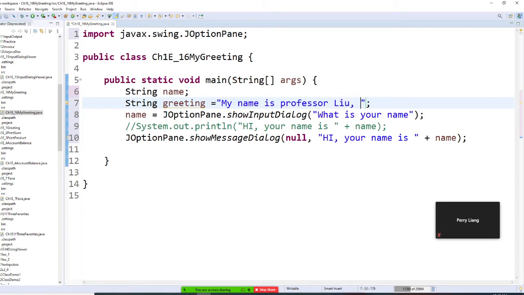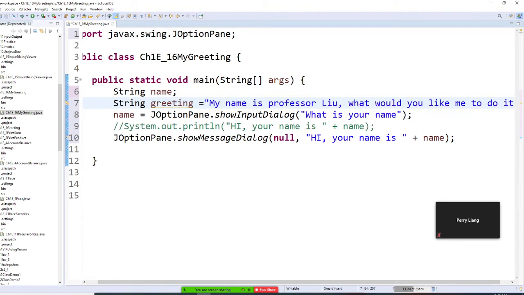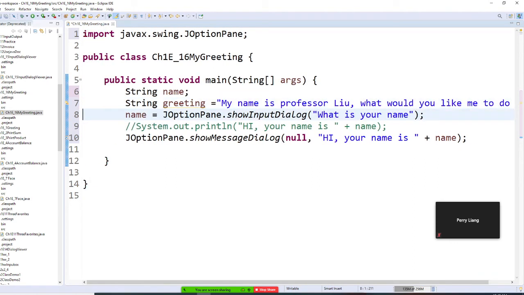Then I'm going to put a long thing right here. What would you like me to do? It's okay, I'm going to put this long thing.